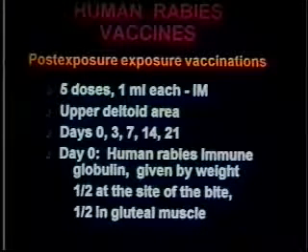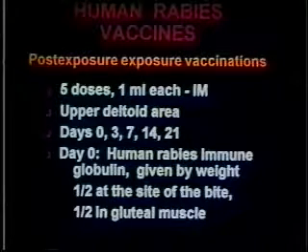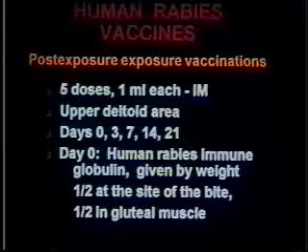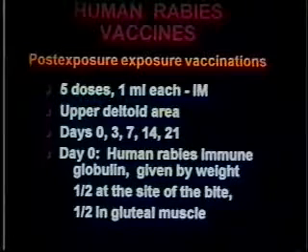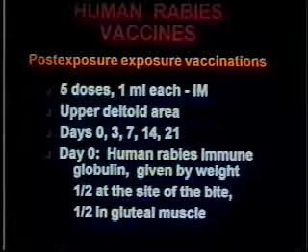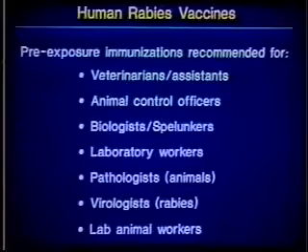For a post-exposure, it depends again on the vaccination status. If the human had previously received vaccination, then there is a limited post-exposure series. If the human, which is the usual case, has not been vaccinated previously, then there's a series of 5 doses of the vaccine given over a periodic spacing, and that may be accompanied, or should be accompanied, by the use of an antiserum in the form of a human globulin.